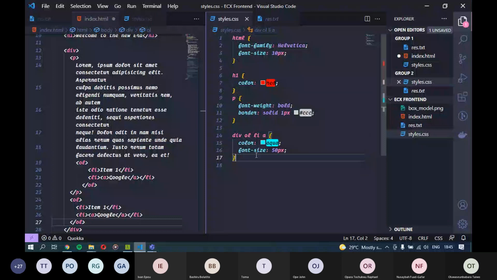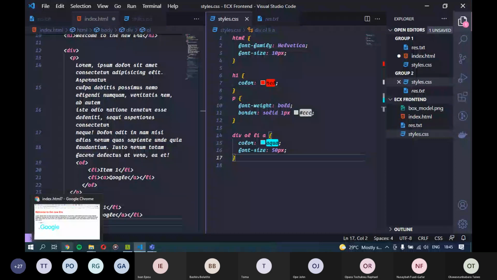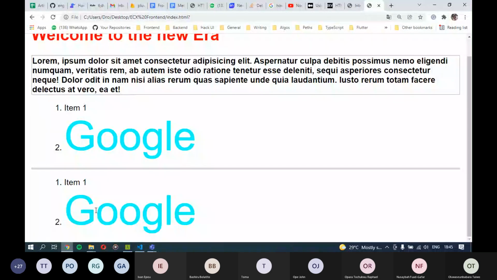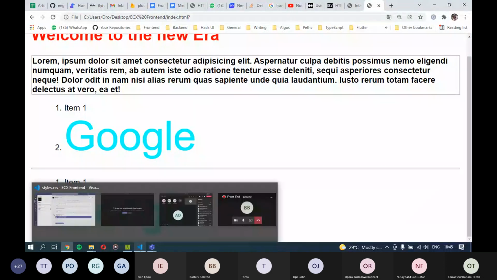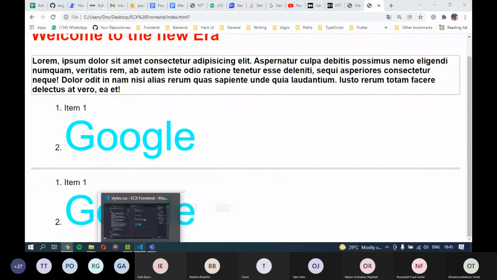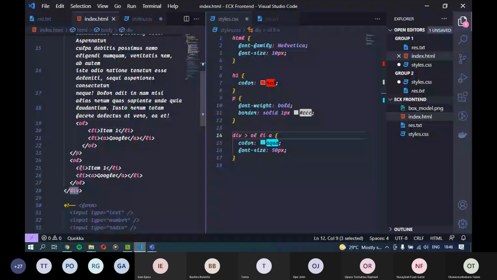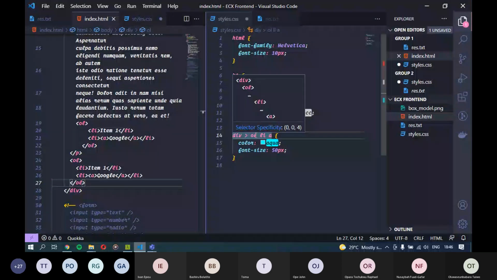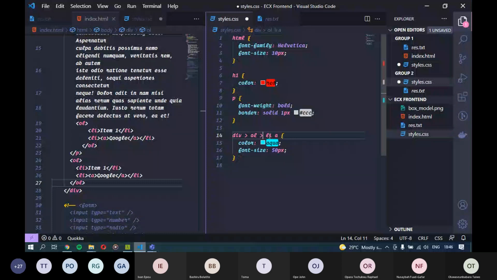But if I want to apply the styling on just this OL that is a direct child, I'll use the greater than sign. It's just like me saying this div, I don't want any other OL. The only OL that I want you to take is the one that is a direct child of the div. And you can even be more specific and say, I want an LI that is a direct child of the OL, and an A tag that is a direct child of the LI. So if I save this now and I come back here and I refresh, you see that,